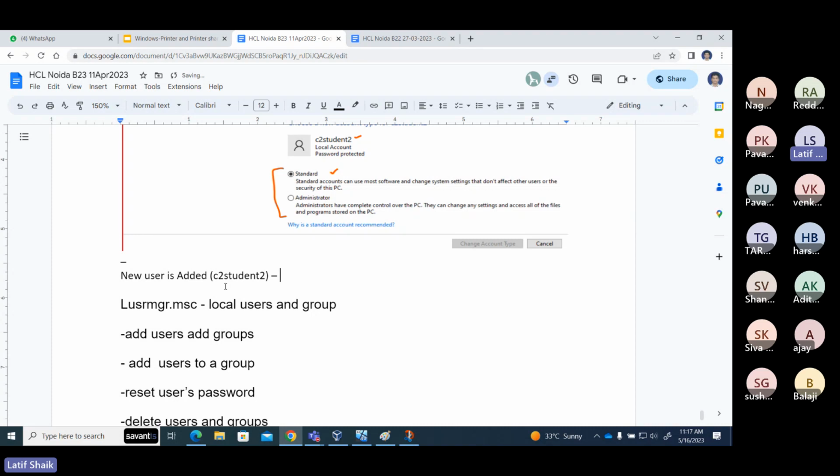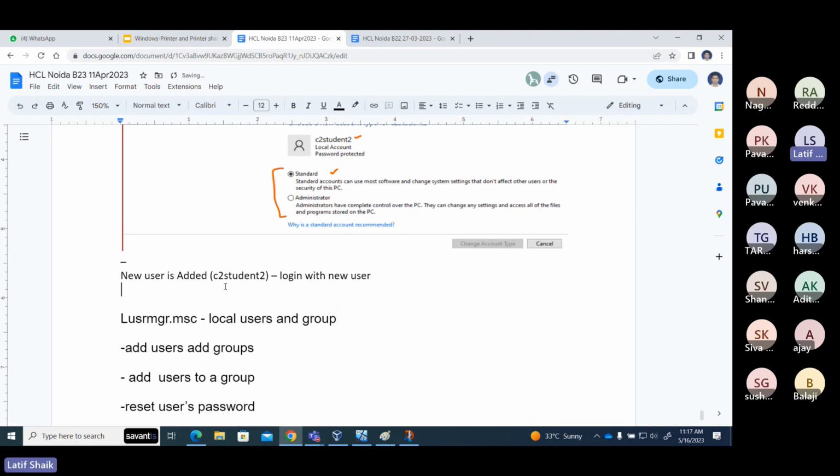Now what we see is login with the new user. So what to do? First of all, log out from the current user because it is Windows, guys. Windows is single user multitasking. Only one user can log in at a time. So log out from the current user and